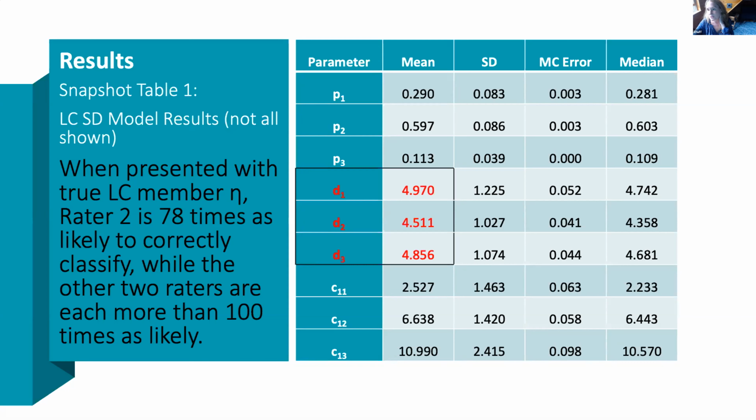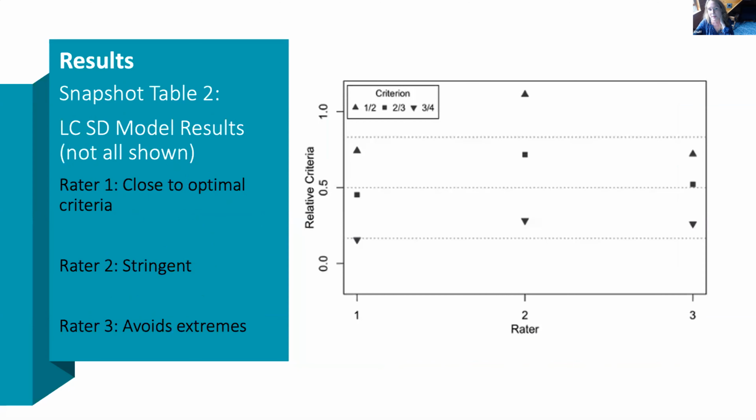The second research question tells us a bit about the raters themselves instead of the ratings. It's a different perspective on the same data. So for example, what you see here is you have rater 1, 2, and 3 across the bottom. The graph, and you can see the triangles and squares represent those discernments.